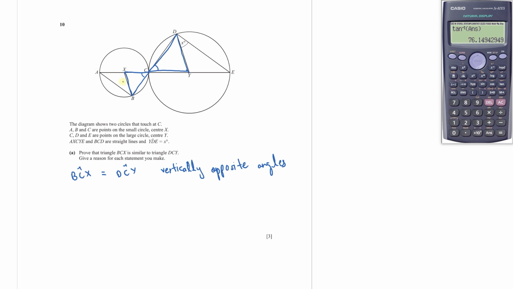And then since X is the center of this small circle, that means these two are radius, so they will be equal in length. And similarly, this length YC and this length YD are both radius of this large circle. So these two lengths will be equal as well. So from this, we can say that angle XBC is equal to angle BCX, and angle DCY is equal to angle CDY